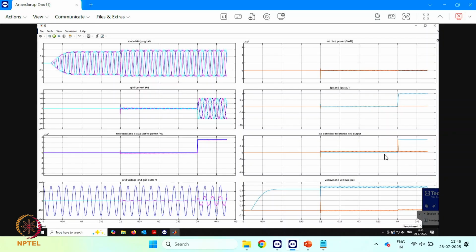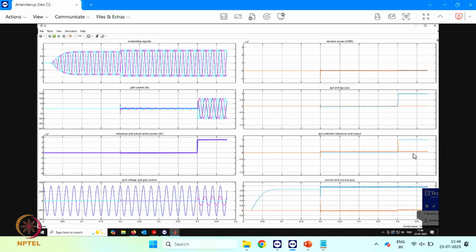Momentarily the error is very large, so the controller hits the saturation or the maximum output. But then when the error starts to fall, you can see here the error is going down. The error becomes almost 0, very close to 0, and so it comes out of saturation and again comes back